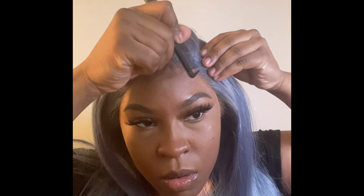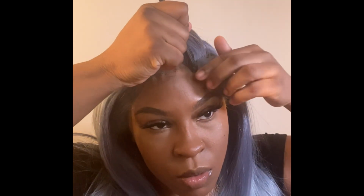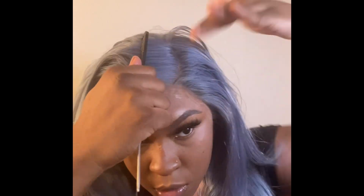And I did go ahead with my silicone conditioner, as you can see, and I did leave that on for an additional 15 minutes, but that part was cut out. So this is the wig after I had installed the wig. I did use the Ghost Bond lace glue to install this wig, and I did flat iron it off camera for time purposes. And I wanted to go with a side part for this style that I'm doing today,